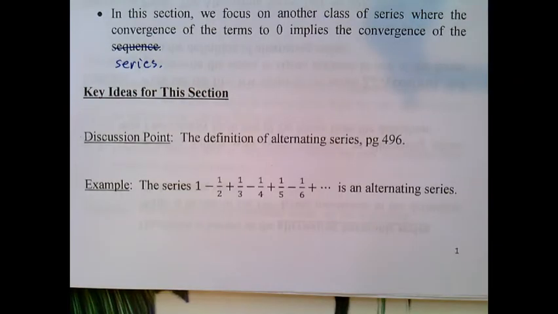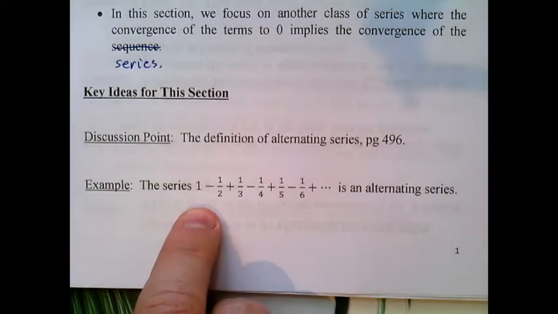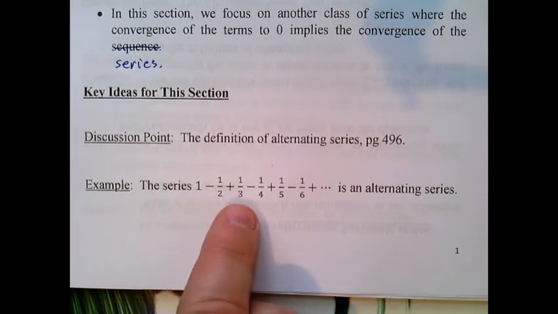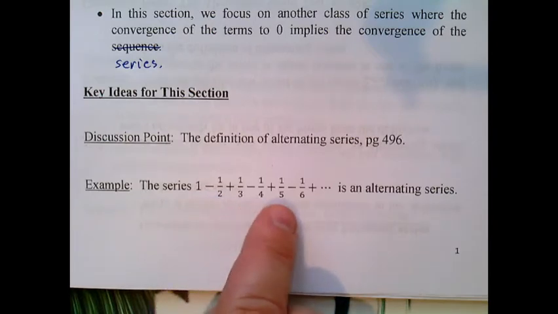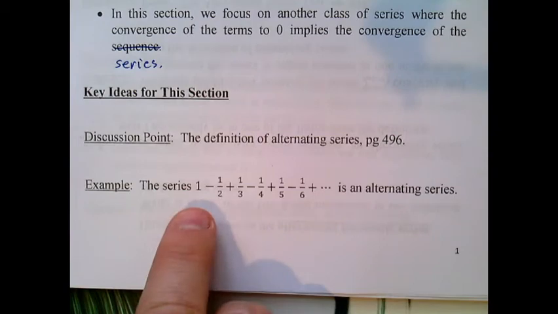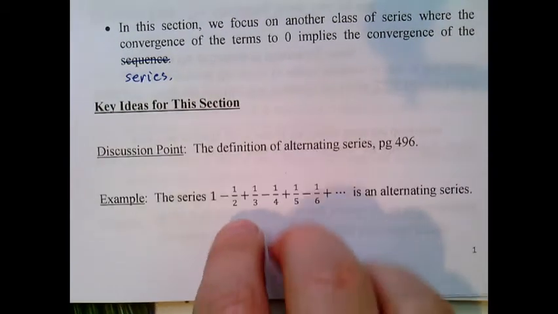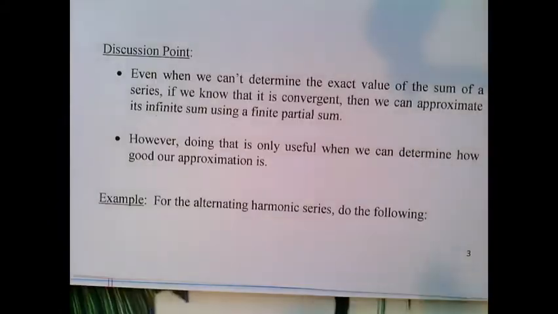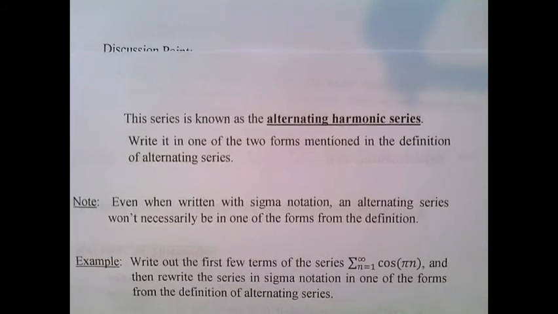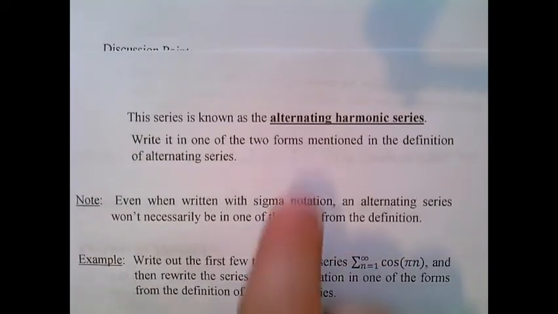Alright, so before we go any further, an example would be in order. So here's an example of an alternating series, a series that looks just like the harmonic series, except we've made the sign of the terms alternate, positive, negative, okay, positive, negative, and so on. But other than that, it's the terms of the harmonic series. It might not surprise you to know that we would refer to that particular alternating series as the alternating